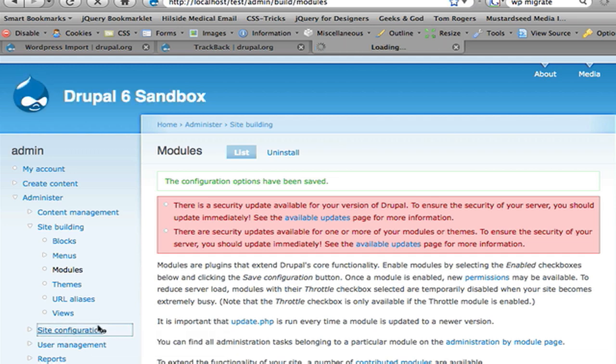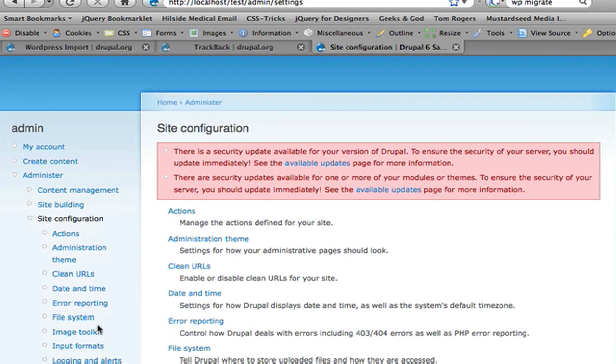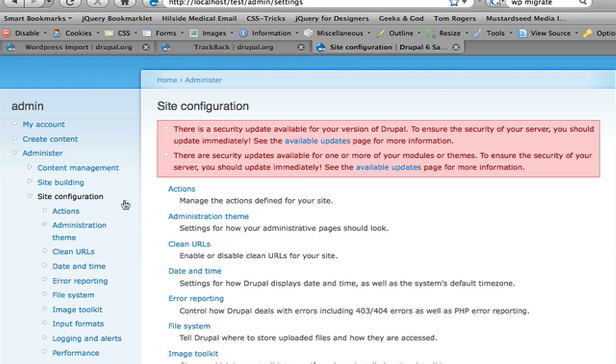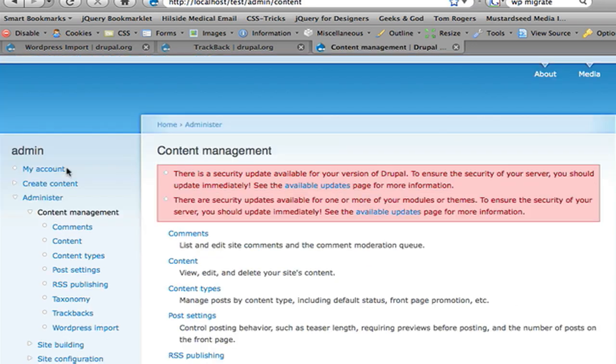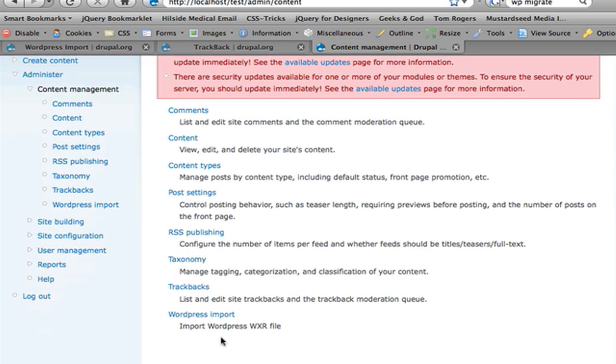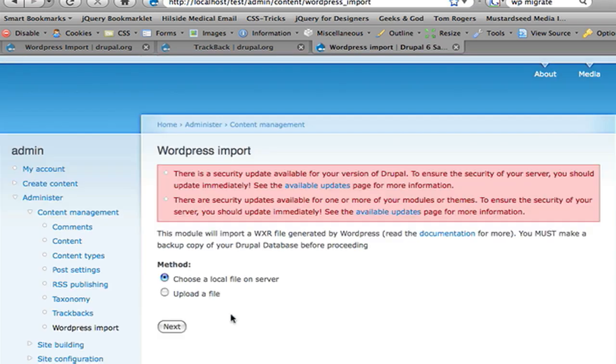Once that's enabled, if we go to our content management section, we'll see a new option at the bottom that says WordPress Import, and it says import WordPress WXR file, and that's what we just exported from WordPress. So it's a straight export input process. So we're just gonna hit that,